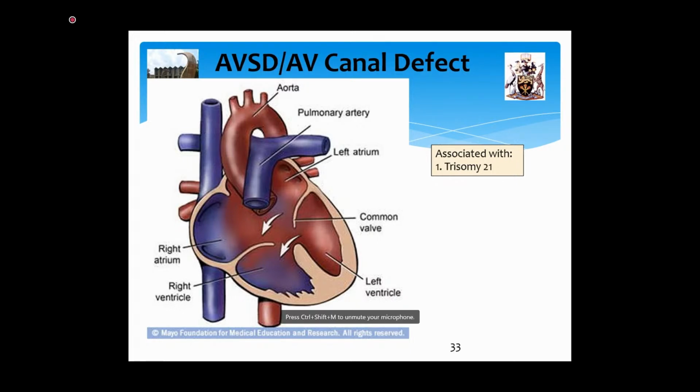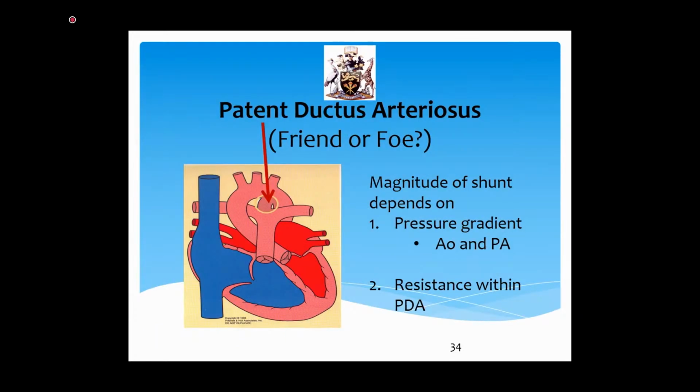So the presentation, investigations, and clinical signs will be almost the same as a mix of ASD and VSD. That's why I'm not going to go more on it. Patent ductus arteriosus is when you have the ductus arteriosus, which is useful in utero, and is supposed to close at